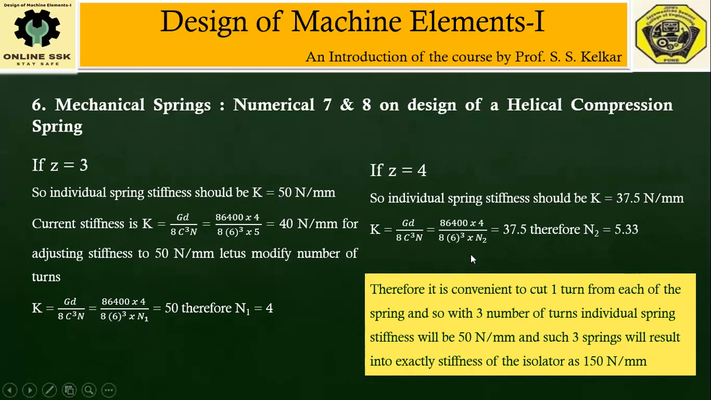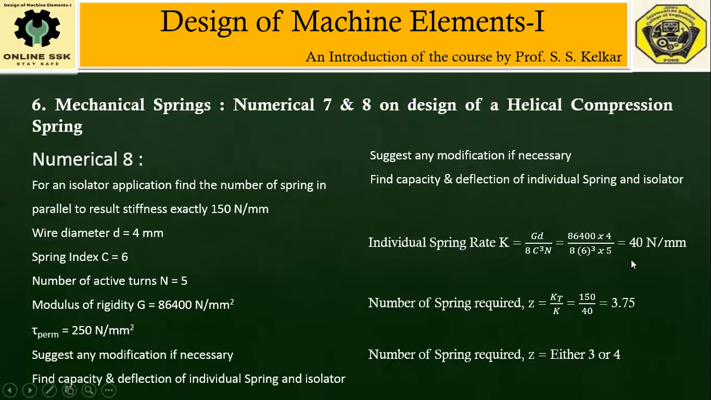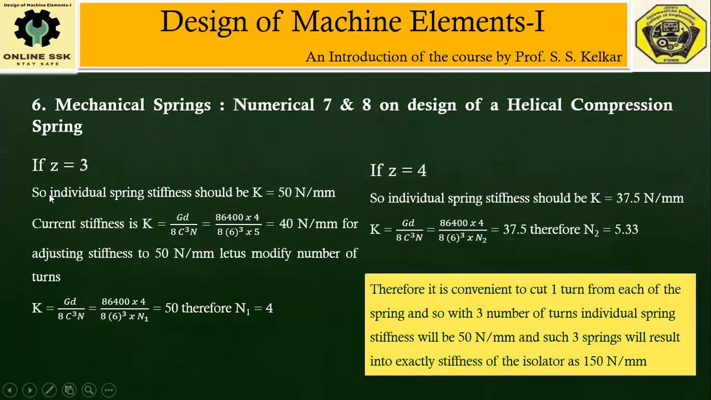Right now, this individual stiffness is 40, but if three of the springs are required to be used, at that time the three springs should have a stiffness of 50 Newton as against 40 Newton. So for adjusting the current stiffness of 40 Newton to the value of 50 Newton, or to increase the current stiffness of 40 Newton to 50 Newton,